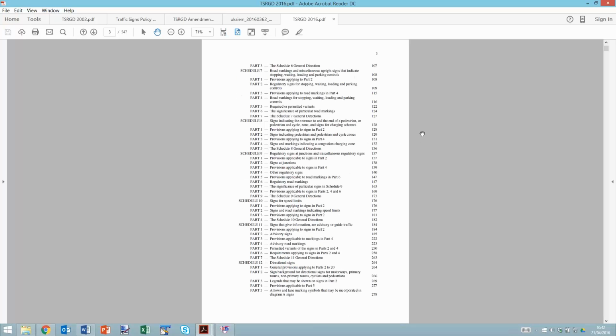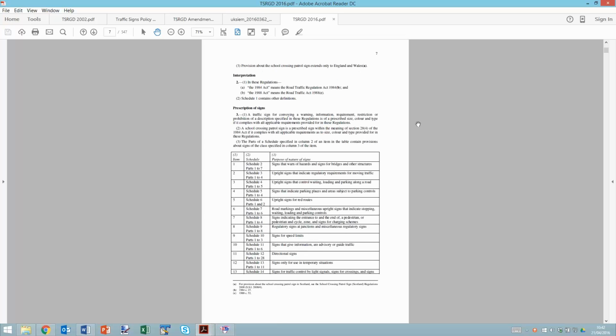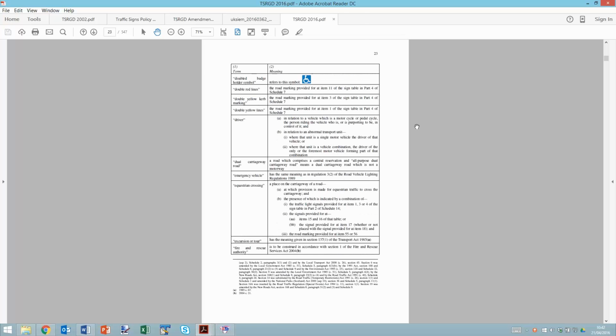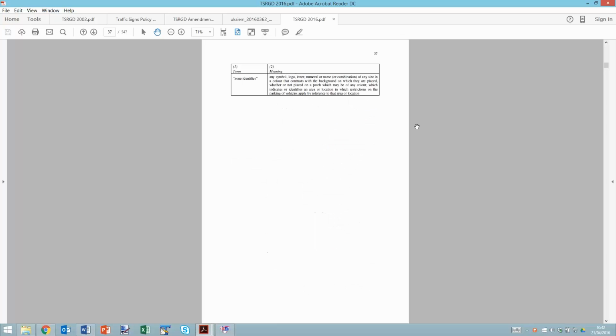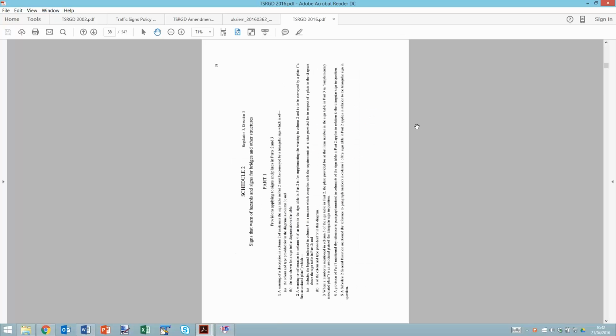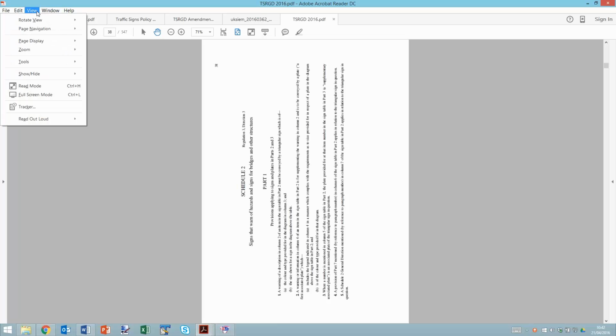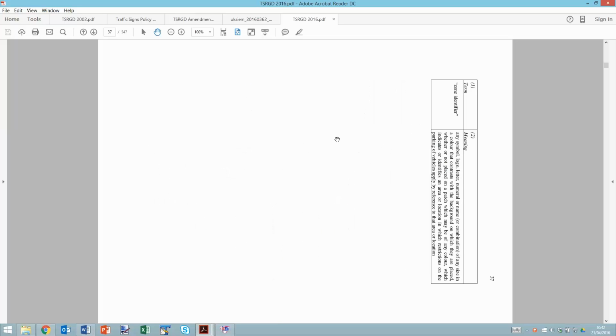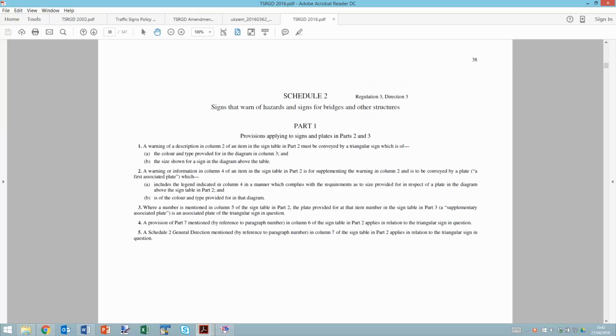But as I move forward, and I'm just scrolling my wheel mouse down through the pages, you go through all of the various parts, so the regulations themselves, just whiz through here, and eventually you get to the pages that we were looking at in my PowerPoint presentation, and it goes landscape. So a little tip here, if you have got your Adobe Reader there, then one thing you can do is rotate the view so that you can go clockwise so that it becomes landscape. Of course, if you go back, then you're looking sideways at the text in the earlier parts of the document, and the whole document isn't landscape from here on.